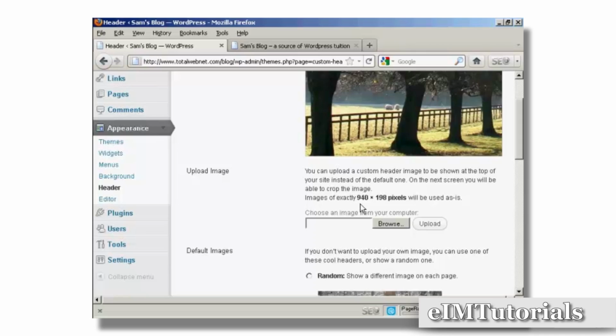Now if you decide to upload an image, it must be exactly 940 by 198 pixels. Otherwise it will crop it if it's larger, or it could be a bit distorted if it's smaller. Now if you're not sure exactly how to do that, what I would suggest you do is you come here